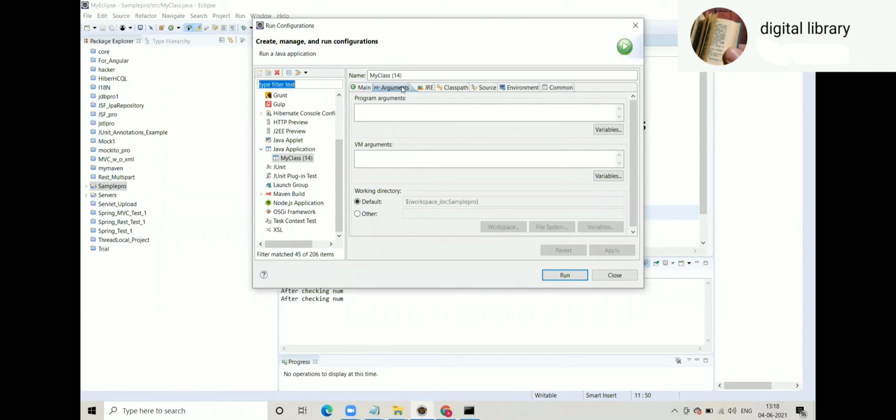That's why -ea is a VM argument. Yesterday we did command line arguments. Those were program arguments. -ea is the message given to JVM. So that's why -ea goes in VM arguments. -ea, apply.